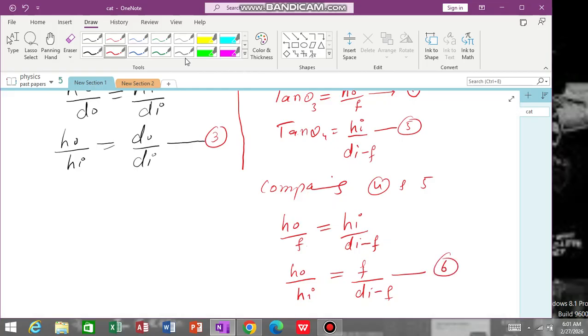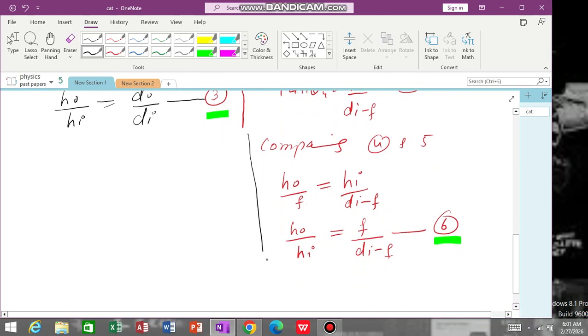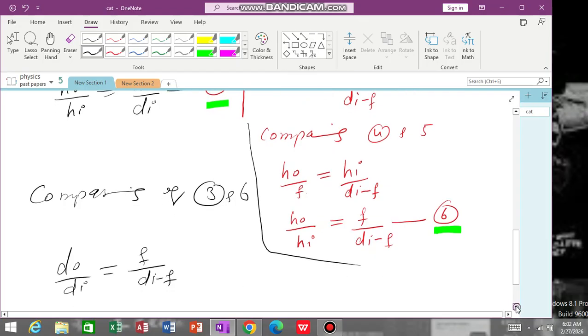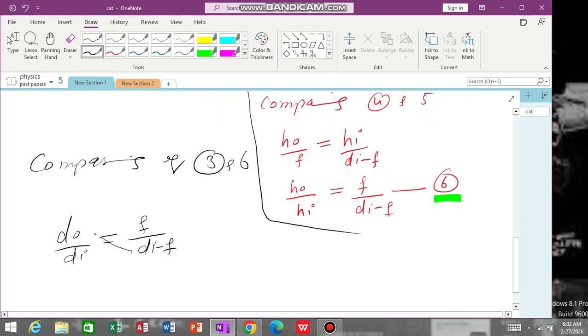Now if you look at equation number 6 and equation number 3, they both have the same left hand side. So by comparing equation 3 and 6, DO divided by DI should equal F divided by DI minus F. Now just do the cross multiplication, where we multiply these two